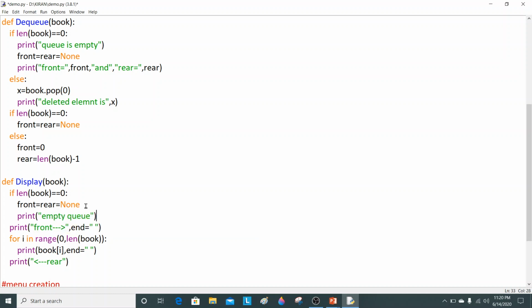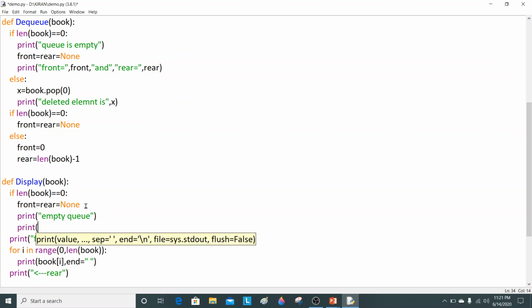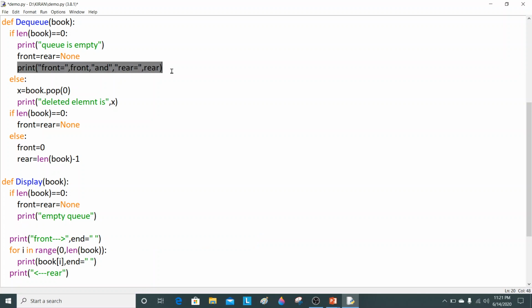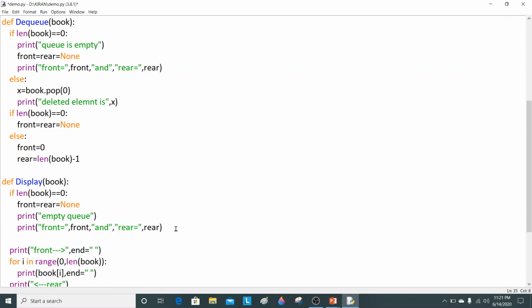And again I am displaying the value of front and rear. I am just copying this statement. Now this will be when it is empty.